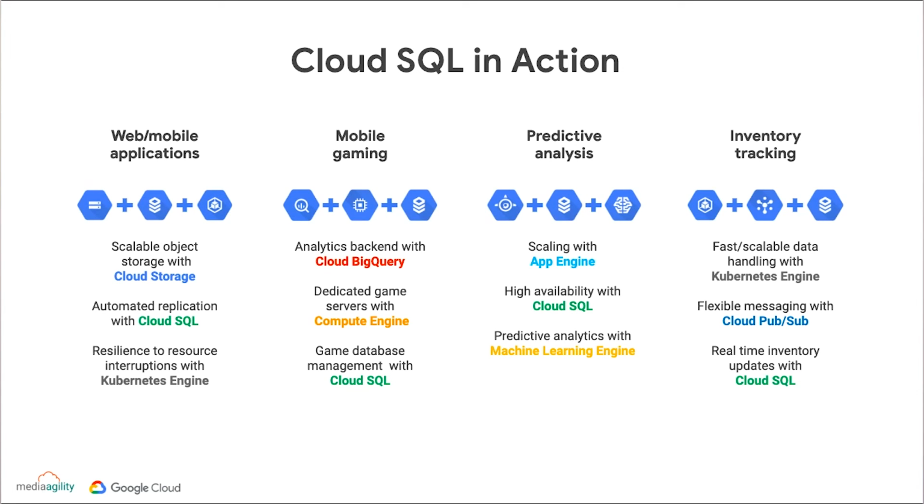If we are designing a predictive analytics system, then we have App Engine, which is platform as a service, Cloud SQL and a machine learning engine. And for inventory tracking, we may have Kubernetes, Cloud PubSub, and Cloud SQL. So depending upon what my business use case is, what type of application I would like to modernize, I can